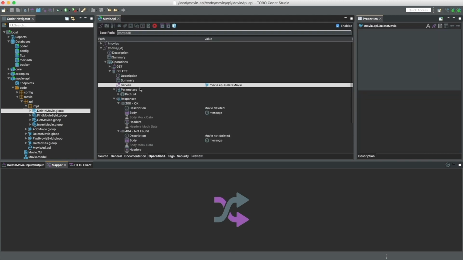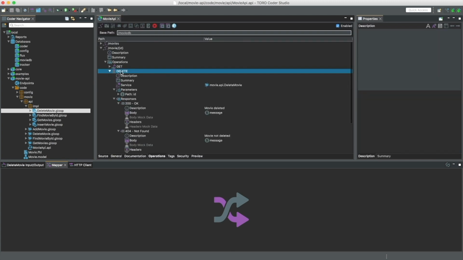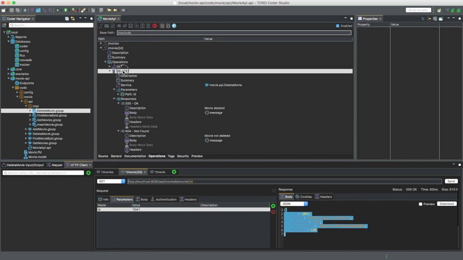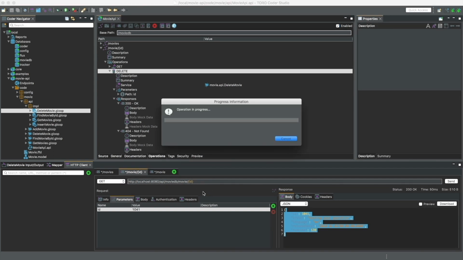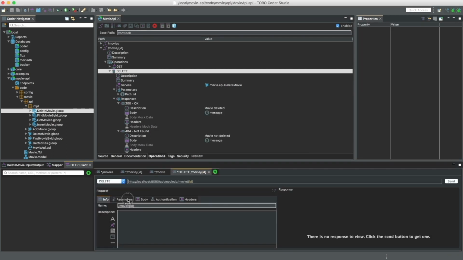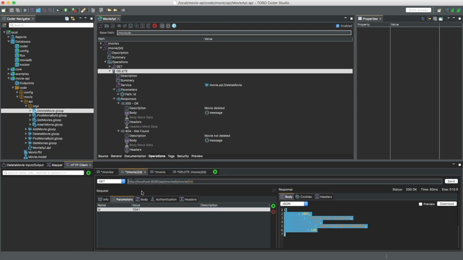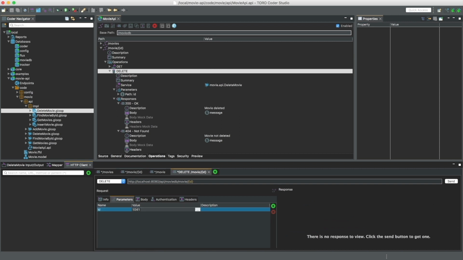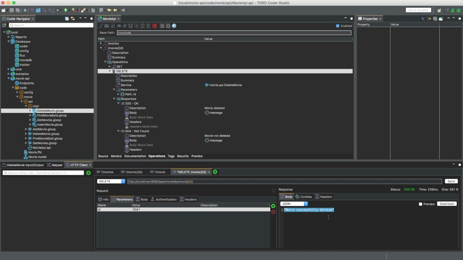And let's test the delete operation. So I'm going to drag that in the HTTP client. There it is. So I have my parameter here. Let's give it an ID that we know. So for example, the 1041. Let's send the request. Then you see here it was deleted successfully. So if I was to send it again, I should get a 404 response,